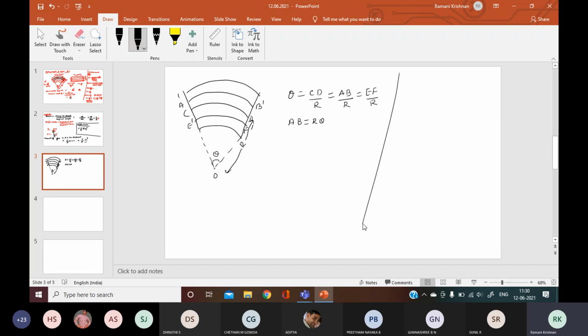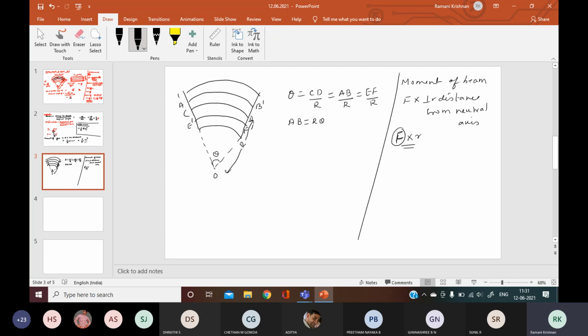How do we go back? What should you think? I want the force. Moment of beam, no, bending moment of beam. Moment means force into perpendicular distance, and the neutral axis is taken as a reference point. So force into perpendicular distance from the neutral axis. We are talking about the layer AB. So what is the distance of this layer AB from the neutral axis? It is r. So I should now get the force.